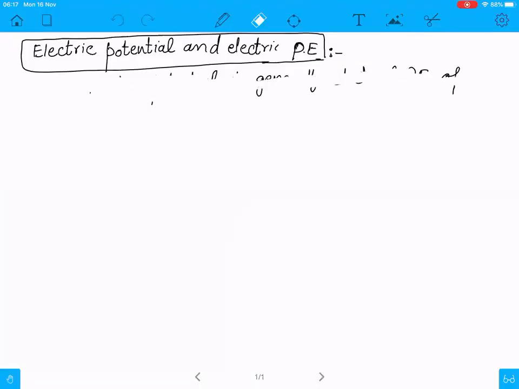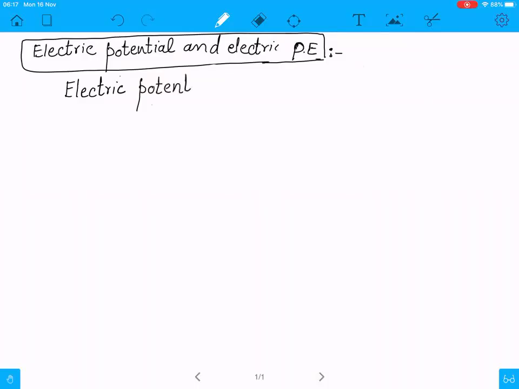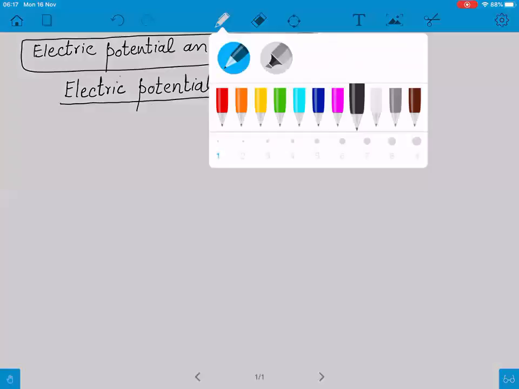Electric potential and electric PE. This is the topic we are doing right now. Electric potential is the same as gravitational potential. First, we need to define electric potential, and obviously we have to define the absolute value in which the reference will be the infinite point. So electric potential is defined as